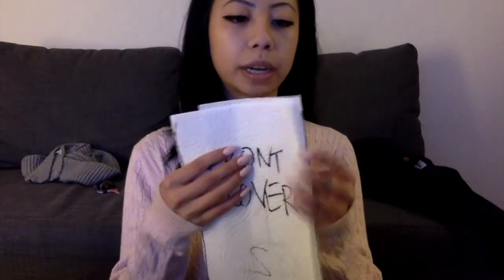One really important thing to keep in mind when you're working on the layout of your pamphlet is the order of your columns, the order of your pages. So I didn't have any white paper, so I took paper towel, bear with me. So your pamphlet should look like this. You should have a front cover, a back cover, and when you open it up, it should be page 1,